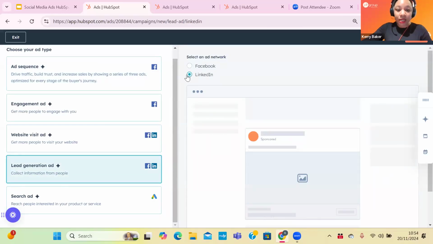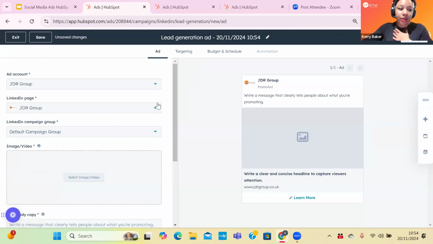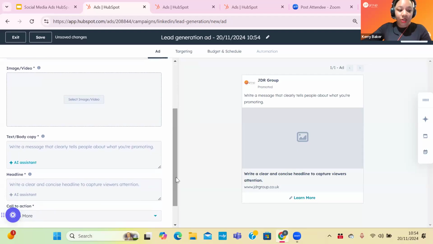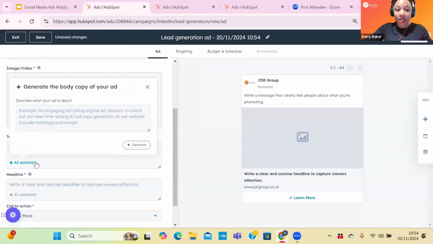So if we select LinkedIn and then go for next, what you would do is make sure you've selected the right account, select an image. We're short on time today, so I'm not going to do that. Another great feature that LinkedIn offers is actually an AI assistant. So you can use this to help you create your LinkedIn ad copy super quickly. So if I say here,